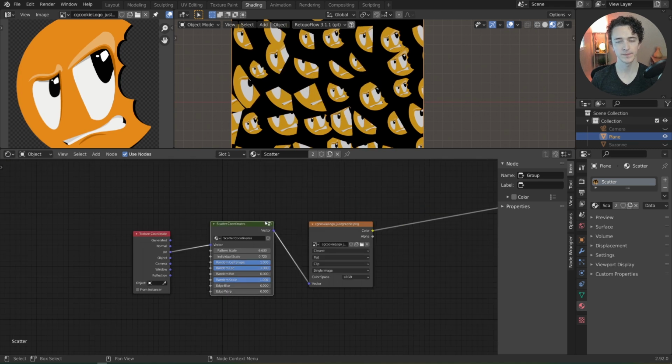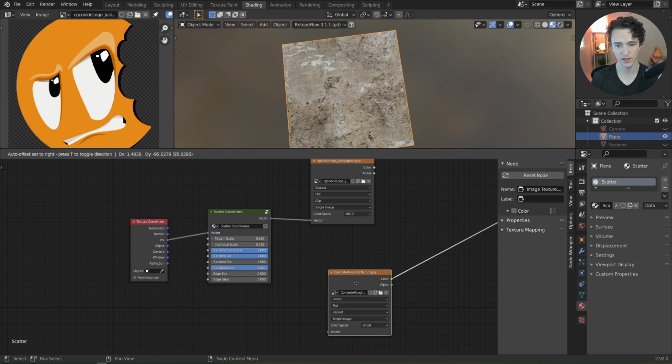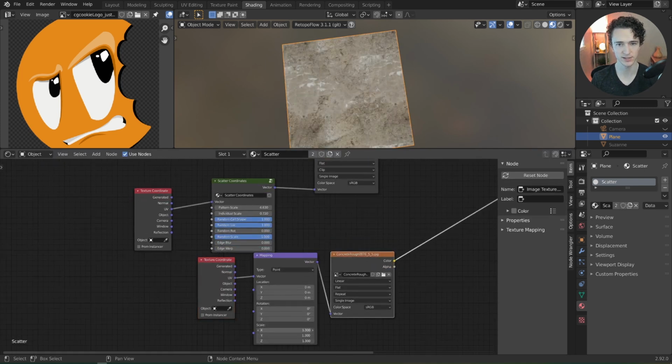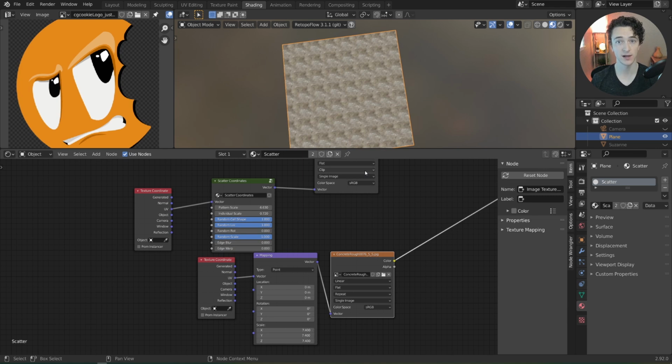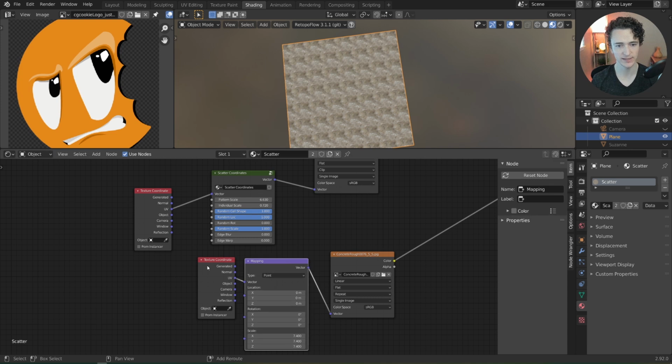And there we go. So even with just this setup, this is enough to really scatter around a nice ground texture. So let me just find one of those really quick. Where if we were to just tile it, I'll hit Control T with Node Wrangler enabled and change the scale. Then we can see that this looks obviously tiled and we wouldn't want to apply this to a wall in the background. However, if instead we take our scatter coordinates and just plug that in